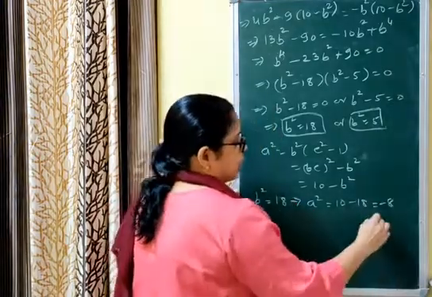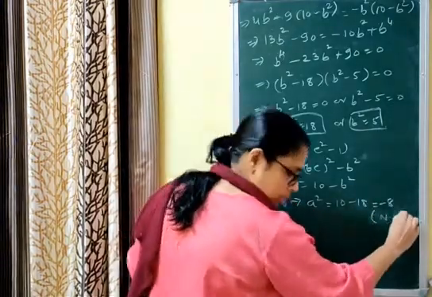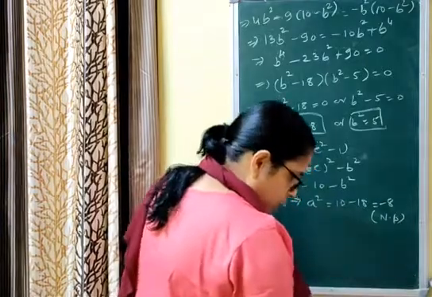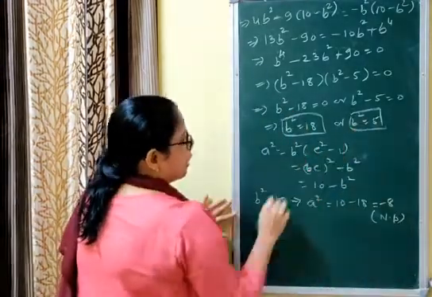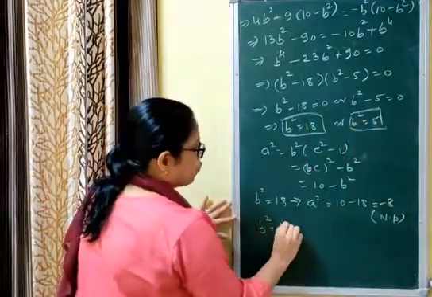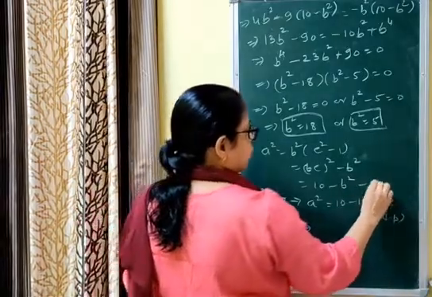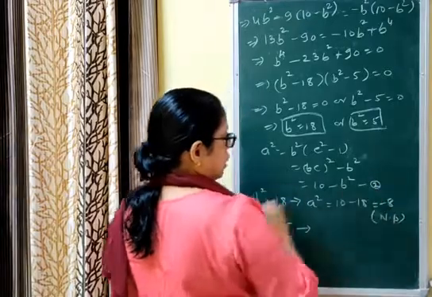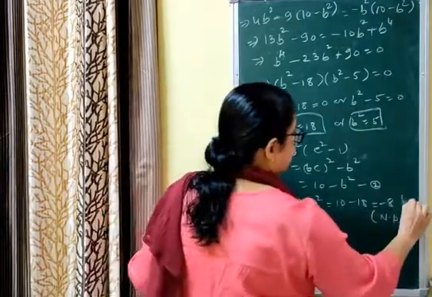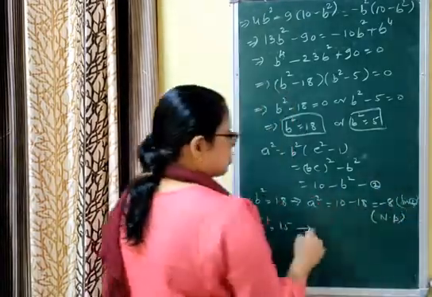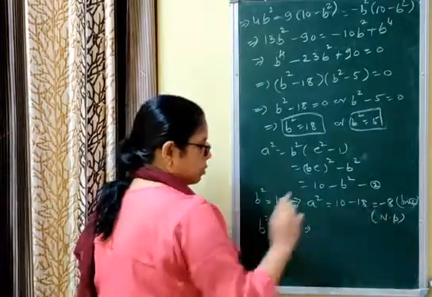Square of a number is negative, that is not possible. NP means not possible. Now which value is possible? One more value is remaining, that is b square equal to 5, from equation 1. It will be equation number 2. Equation 1 we already substituted. This is equation 2. Why is this value not possible? Since a square can't be negative, this is not possible.